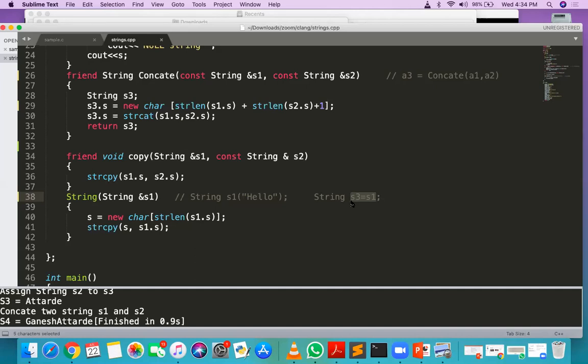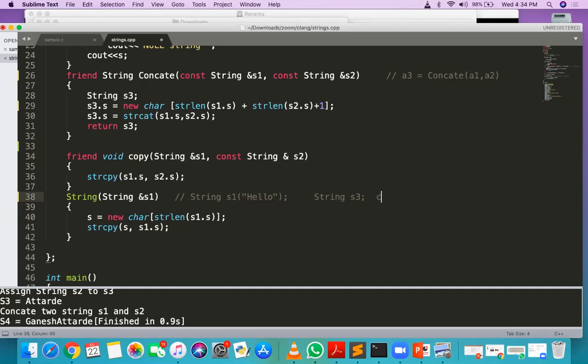And here it is a manual copy. Just like the s3 object is there, and s1 is there, s1 contains hello and s3 contains a null string.